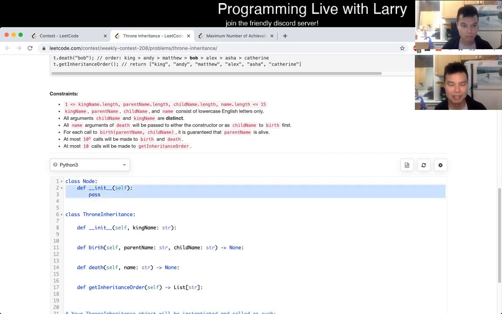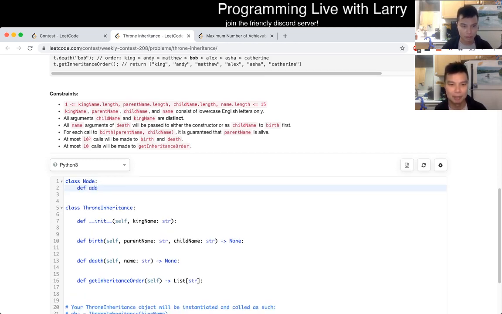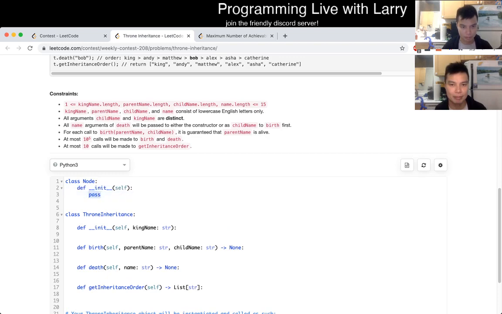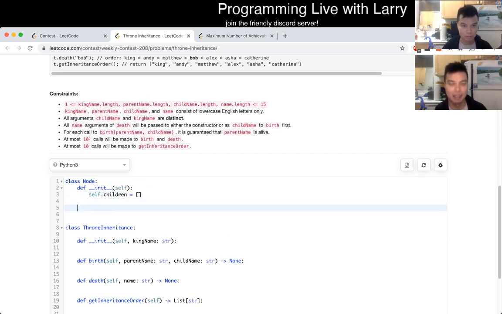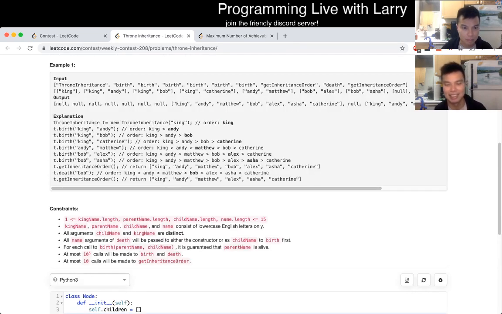Yeah, also not efficient, as you can tell. Right now I'm just writing my node class, which consists of the node's children and the name, but I think I didn't do it yet. But you'll see it.